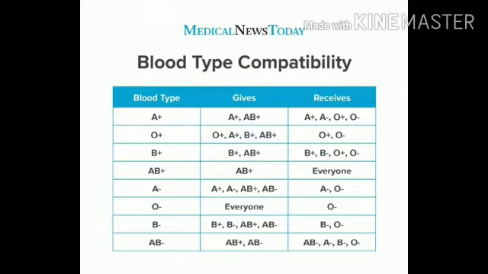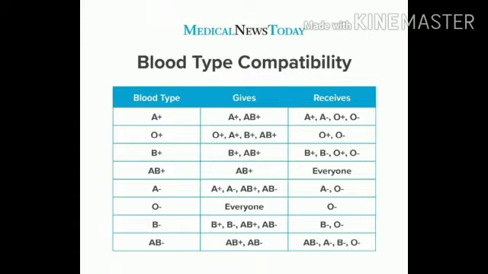Now, you should know from where the blood is supplied for blood transfusion. Yes, blood banks and blood donors. Blood bank. Blood is collected in the blood bank by a specific method from healthy persons and supplied to the needy person. If the collected blood is not to be used immediately, it can be stored for some days in a refrigerator. Now blood donor. A person who donates blood is referred to as the blood donor. Blood recipient. A person who receives the blood is referred to as the recipient.